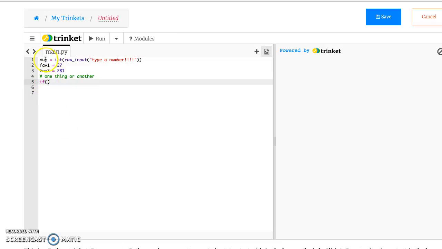So I wrote this program where the user inputs a number. I have two favorite numbers here. I'm going to check to see if it's either of those numbers. Okay, and so we're going to say if num is the same as 27, and then I just say or num is the same as 281. So if either of those are true, then I want to say